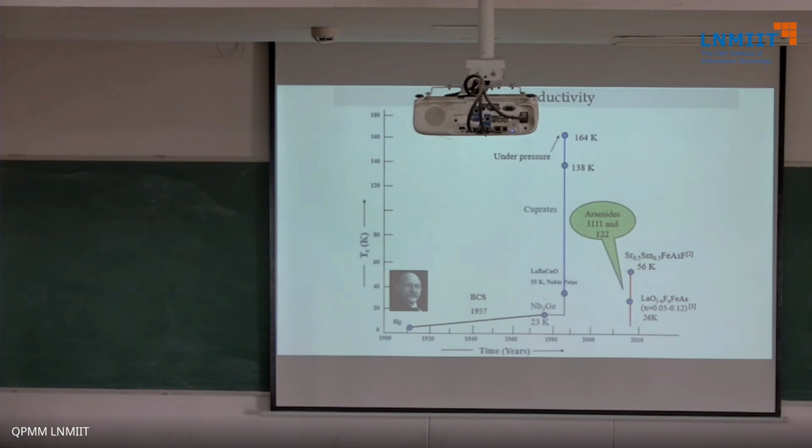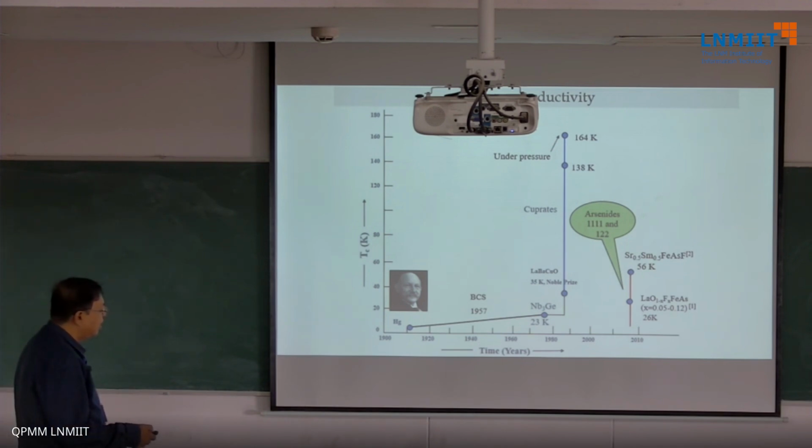And then as time progressed, there was the liquefaction of helium, and so mercury was found superconducting by Kamerlingh Onnes. And then there was this theory of BCS, and then suddenly around 1986... Nb3Ge was around 1978 or so, and then suddenly it shot up to as much as 160, 165 Kelvin, and so on and so forth. And then there are these arsenides, and there are lanthanides, and various kinds of superconductors that were discovered later, and it went on, pressure-induced superconductivity in hydrides and so on.